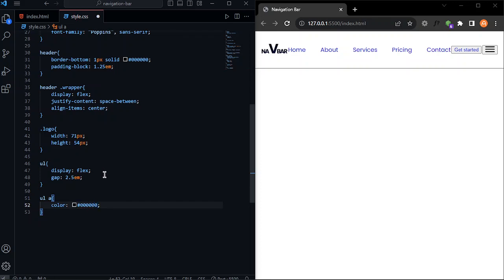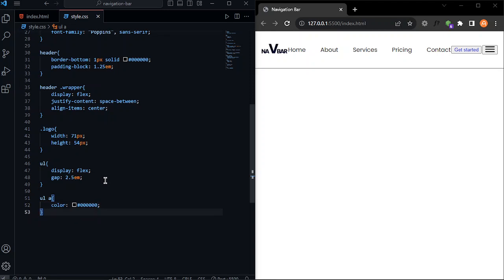The reason we're using A and not li is because A has a bigger level of specificity, and we cannot overwrite that by using other elements. So if you are trying to change a color for a link and it doesn't work, it's probably because you're not using the A tag. So let's just save it, and here it's black,